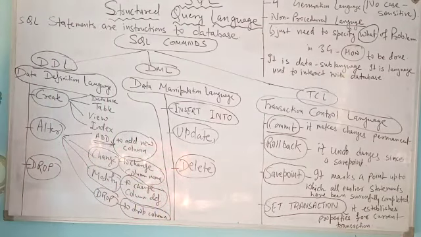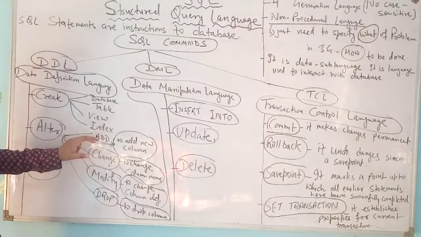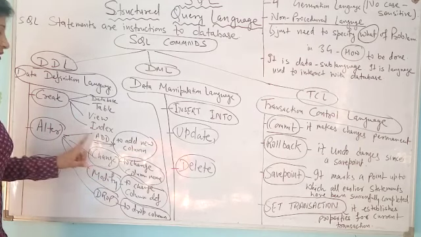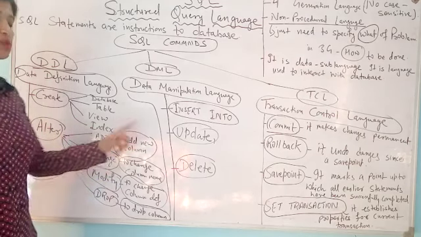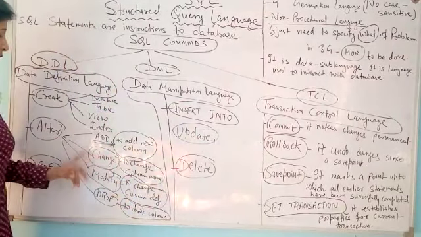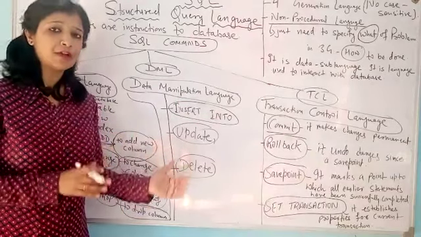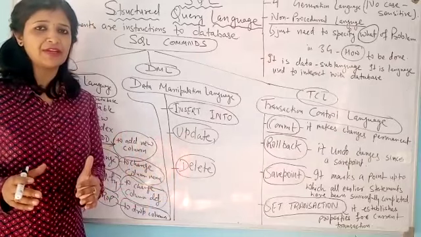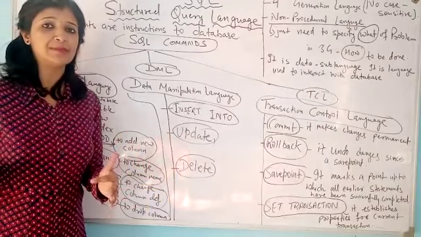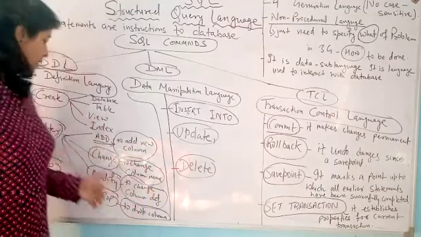The next category is the alter command. In the alter command, there are four different subcommands which are provided. Alter with add. Alter with add is used to add a new column in a predefined table. Alter with change is used to change the name of a column. Suppose we have declared the name of a column earlier and we feel it is not a very suitable name. So we can change it with the alter change command.